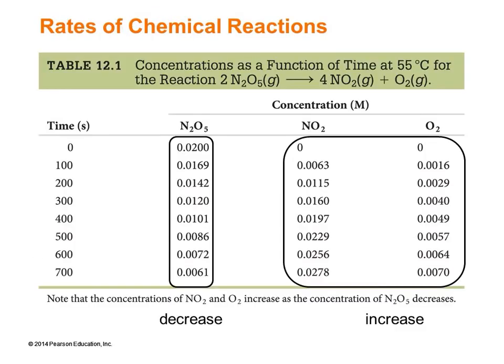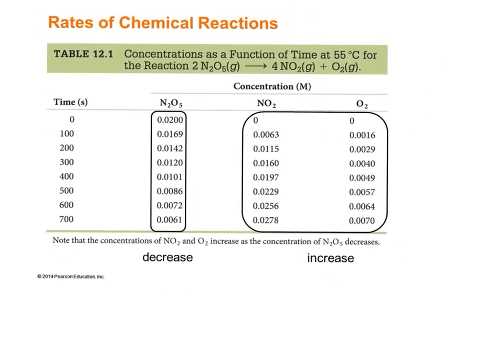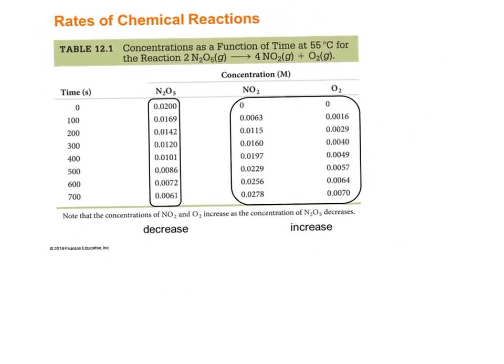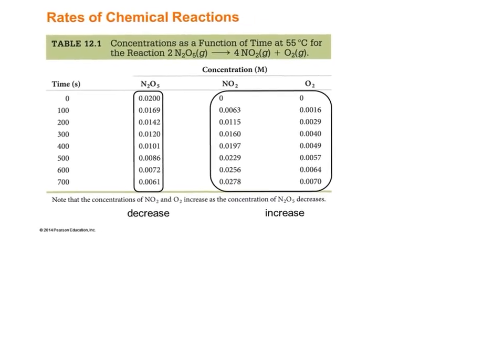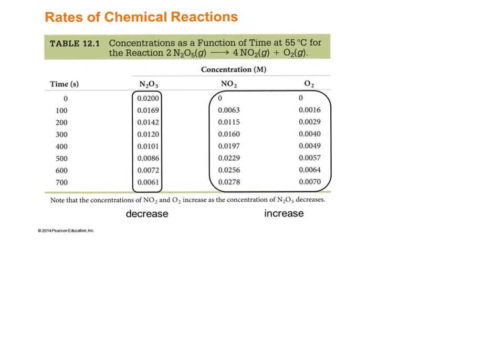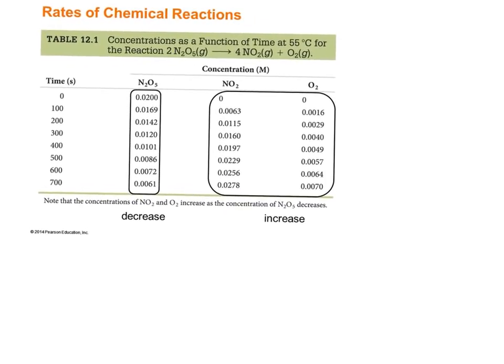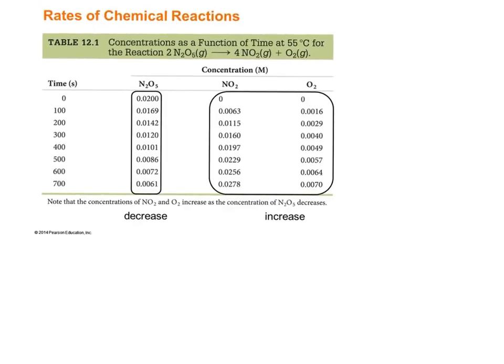As we said on this last slide, when we measure a speed of a chemical reaction, it's going to be different depending on whether we're talking about a product or whether we're talking about a reactant. Not only that, but even more complex, different products and different reactants in a chemical reaction will have different rates of reaction. For example, let's take a look at this